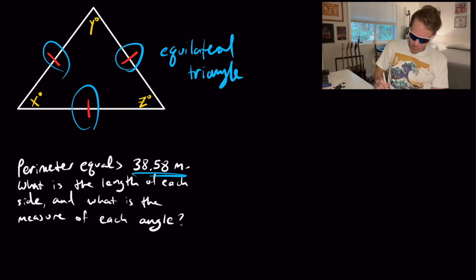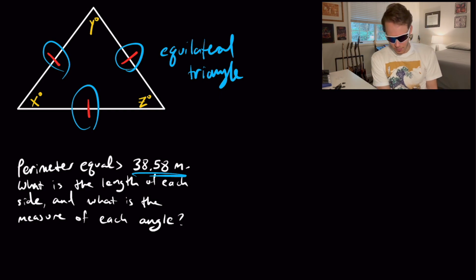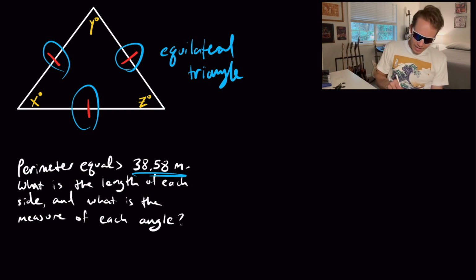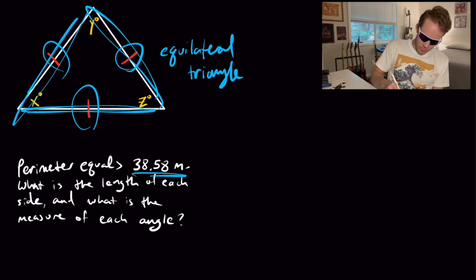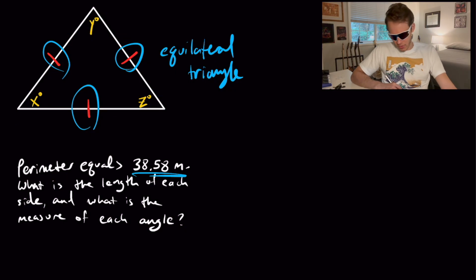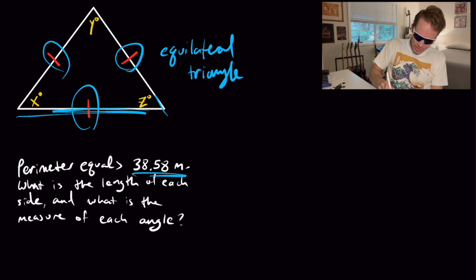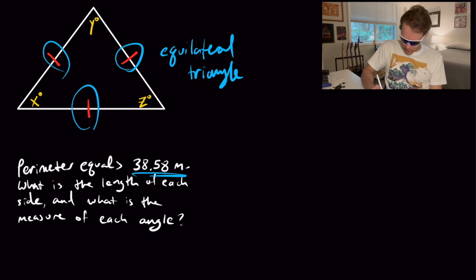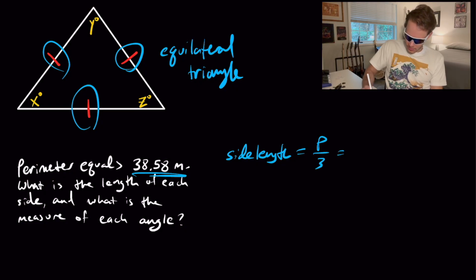The perimeter, remember, equals 38.58 meters. And we're just adding up the side lengths to get the perimeter. So since this is an equilateral triangle, I can take the perimeter and divide it into 3 equal parts because each of these sides are the same length. So I'm going to do that. So the side length in this triangle is going to be equal to the perimeter divided by 3. So that's equal to